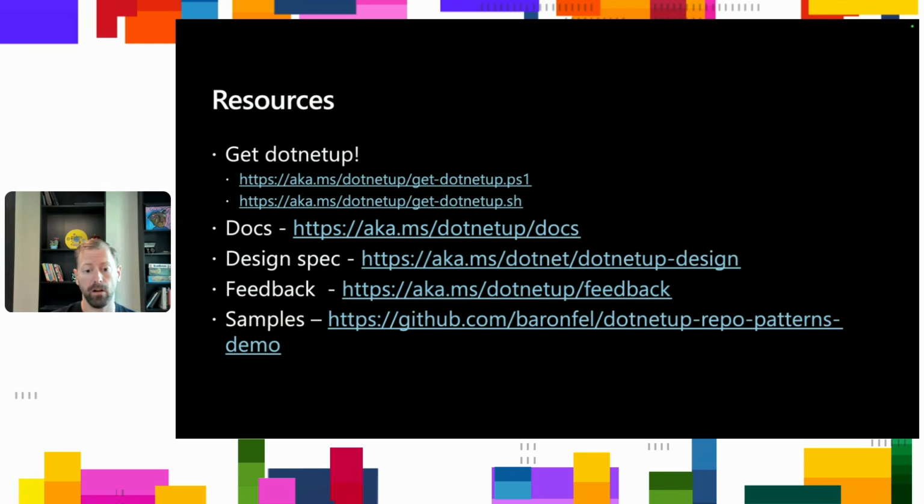And then finally, all of the samples that I showed in the demo today, as well as GitHub Actions that automatically hook up .NET Up and do the things that I was doing today, can be found at this sample repo I made, github.com/baronfel/dotnetup-repo-patterns-demo. So everything I did, you can git clone this repo and get started and try yourself. We'd love you to get the tool, try it on the samples, try it on your repo. Let us know what you think of it. Does it flow well? Is it performant enough? Does it have the features that you want? Let us know at the feedback link,